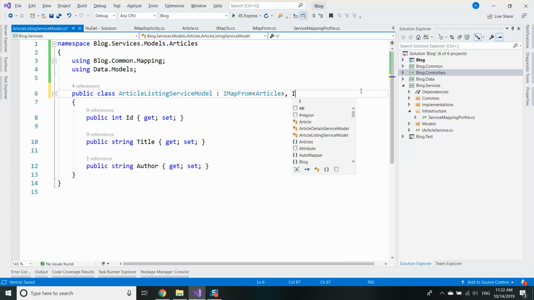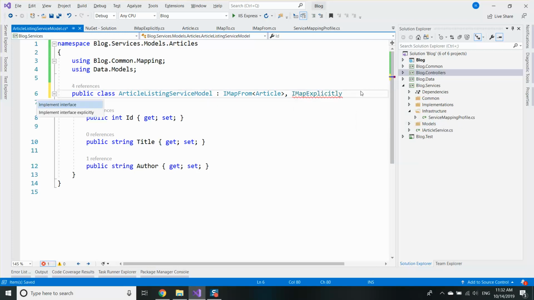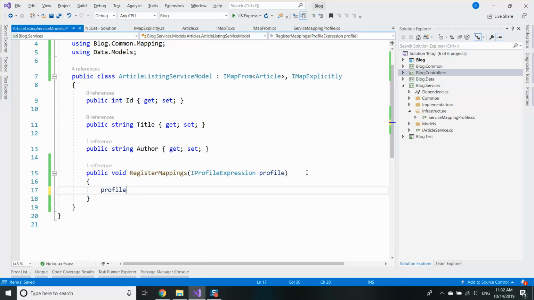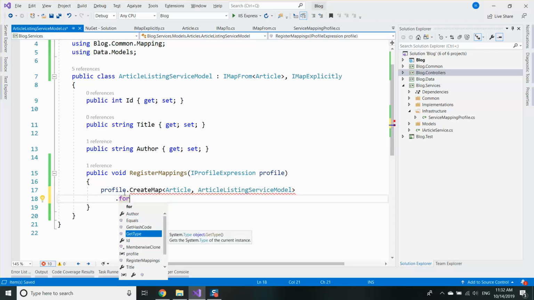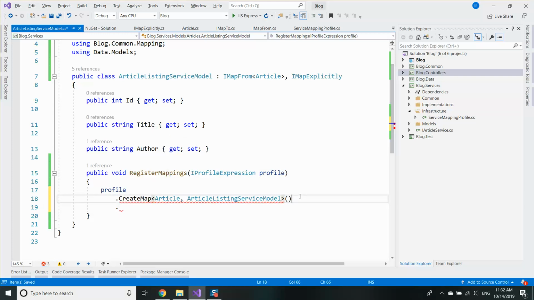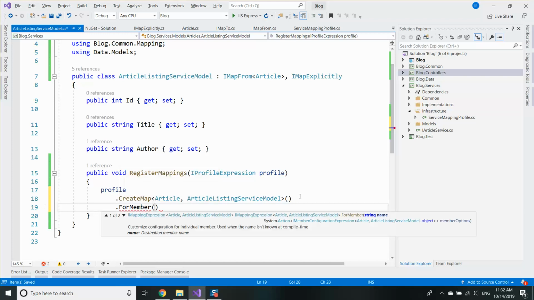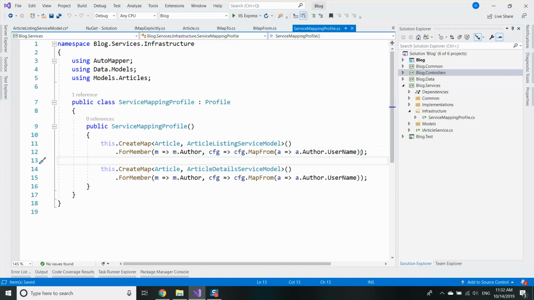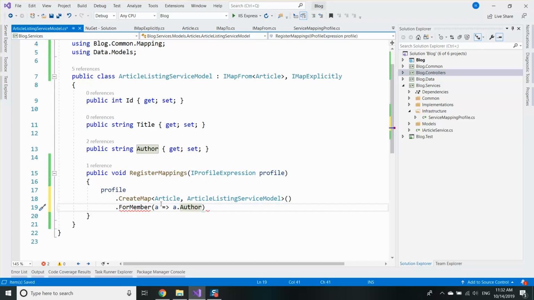And I can use the other interface, IMapExplicitly, to specify specific properties that need to be mapped by some sort of configuration. So essentially I'm going to use that registration here,